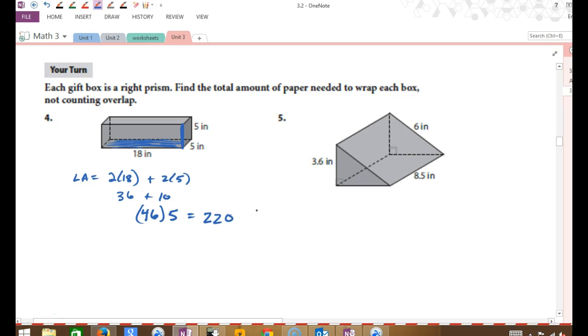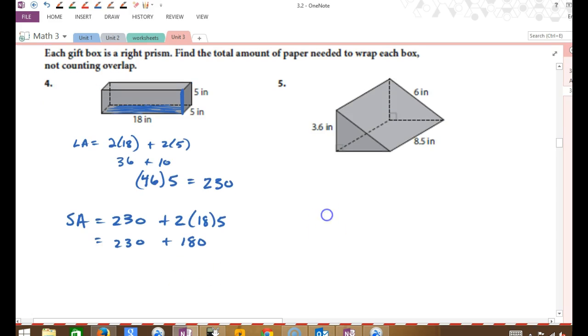Okay, so then to find surface area, I'm going to take my lateral area, which I got is 220. It's 230. 230? Oh, shoot. I'm glad you checked that. Thank you. 230. And I'm going to add the two of the bases. Okay, so you see my little blue rectangle? What's the area of that? 18 times 5, base times height. So what's 18 times 5 times 2? 180. So you get 180 here. So if we add those two together, 230 plus 180 is